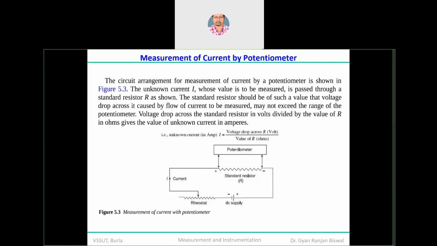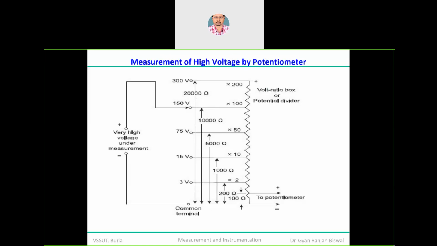The approach I have already told you is how you can measure that Vx, that is the unknown value of voltage drop across the resistance, by varying the resistance. If you are decreasing the value of resistance, obviously the voltage is proportionally reducing. If you are increasing the resistance, the voltage is also proportionally increasing. Now, with the help of this, the numerator is known, the denominator is already known to you, so you can find out the unknown value of the current. That is a very simple configuration you can use with the potentiometer.